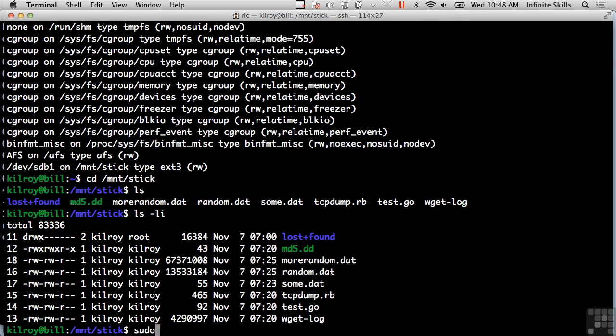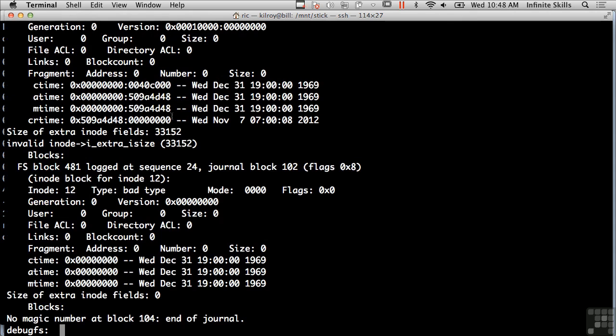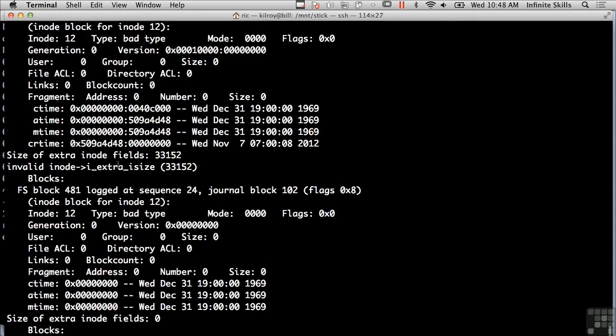So what I can do is use a utility called debugfs, and I'm going to enter into the device that this USB stick happens to be. And what I can do is a logdump, and I want to look at inode 12, which corresponds to a file called md5.dd. Now, you can see in this output that